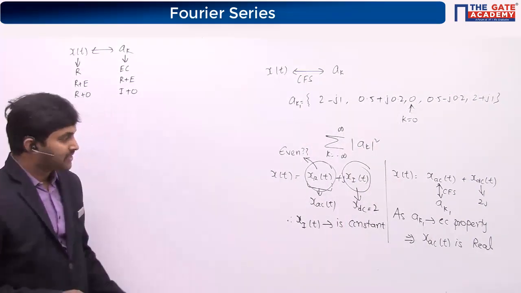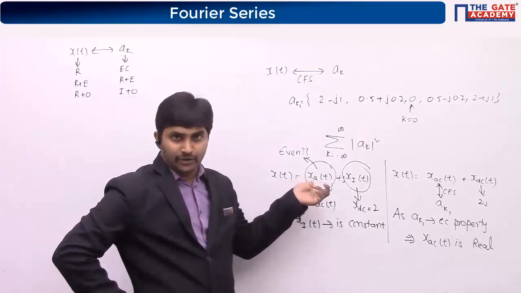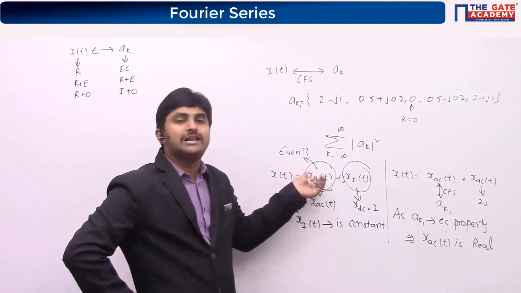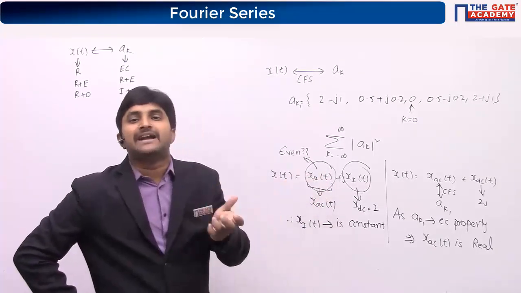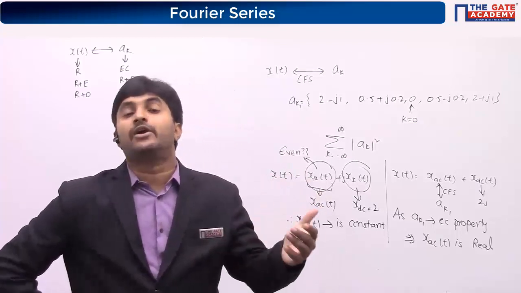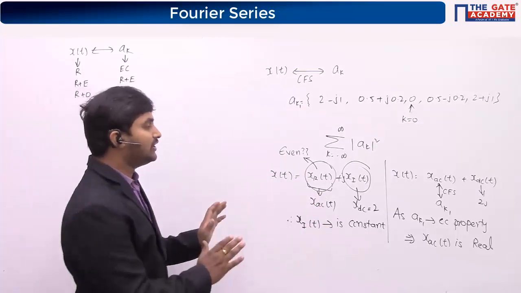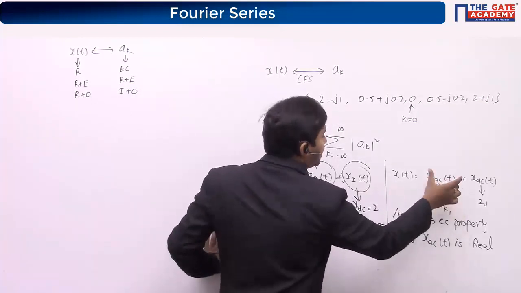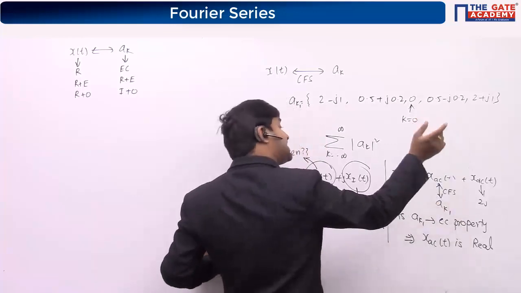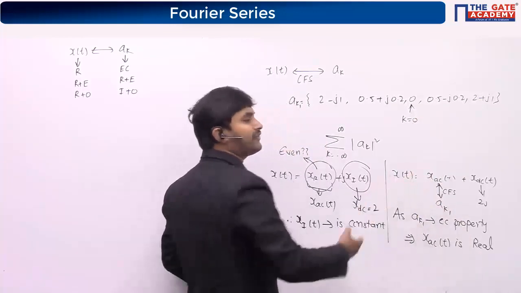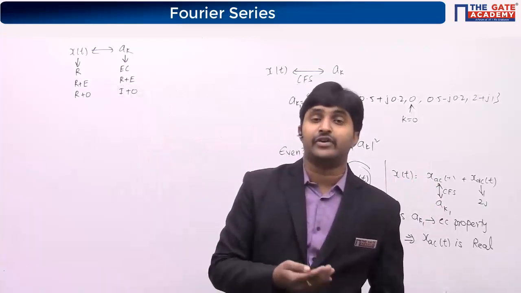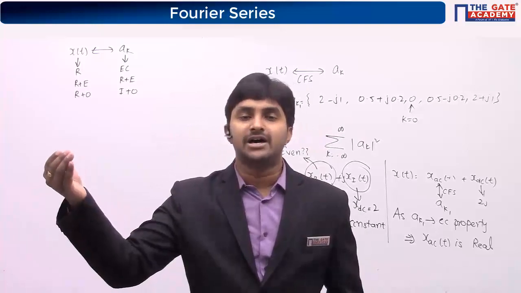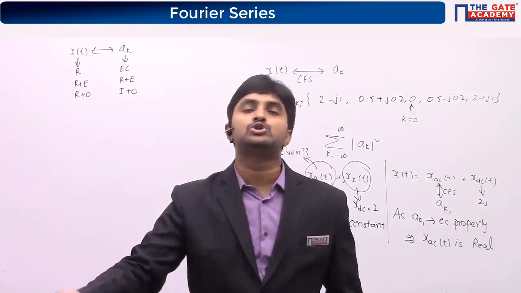Please understand. We know this particular part, the real part. And if the real part is even, then what should be the corresponding Fourier series coefficient? I am only talking about the Fourier series coefficient of the real component, or the AC component. Both are the same. If this real component or the AC component is even, then what should be the nature of AK? So we have learned that whenever you have a signal x of t which is real